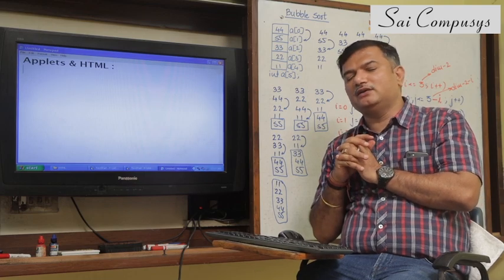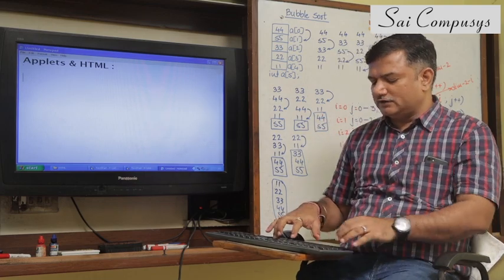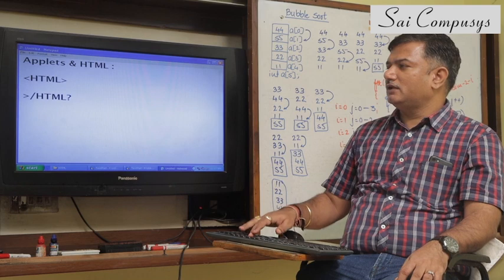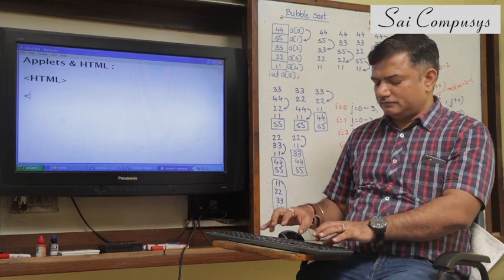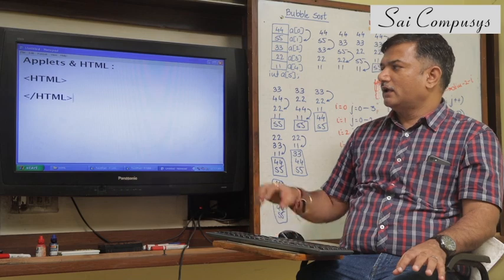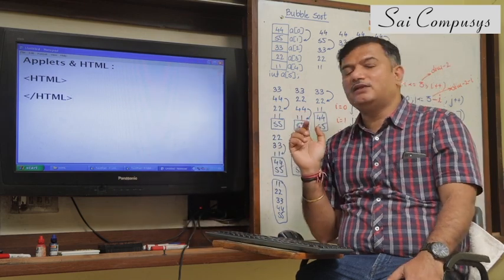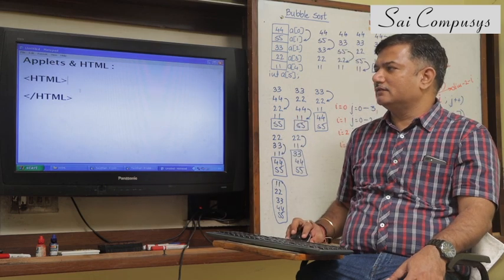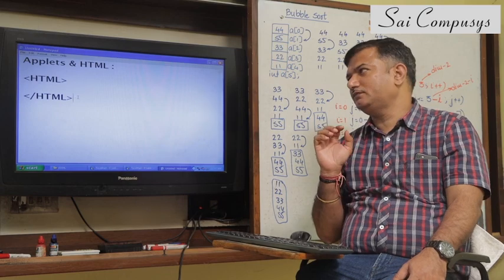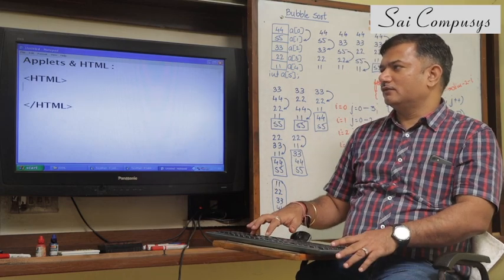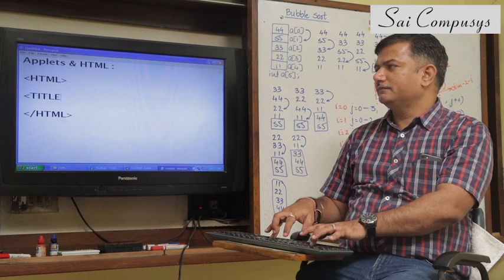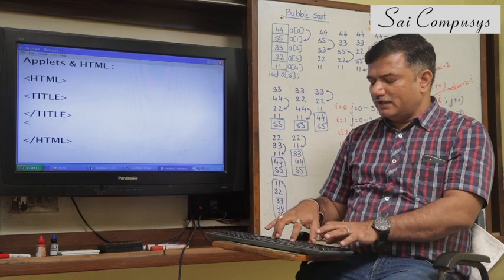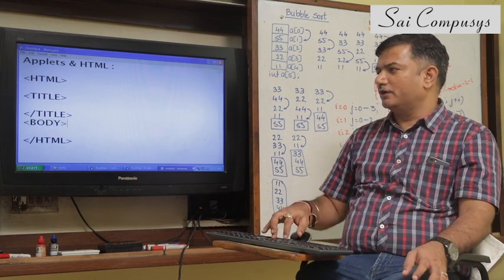Let us say I wish to define an HTML page. What I do is I define it within these tags. This is how I write this. I'll start the HTML part and I'll end the HTML tag. This tells the web browser that this is where the HTML is starting, this is where the HTML is ending. The title related things we put in this title tag, something like this. The body of the HTML page I define within this body tag. It's very simple.